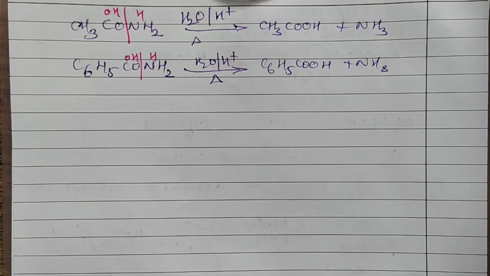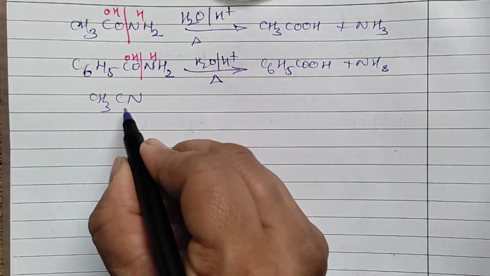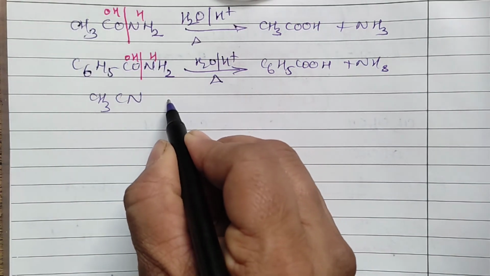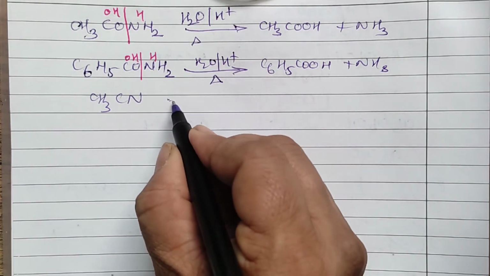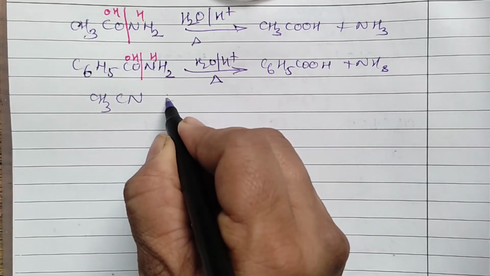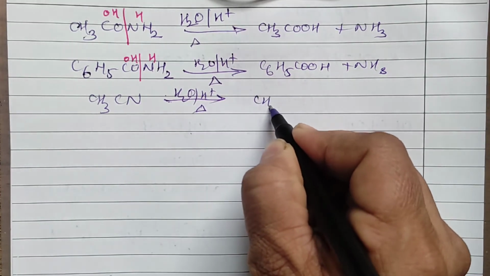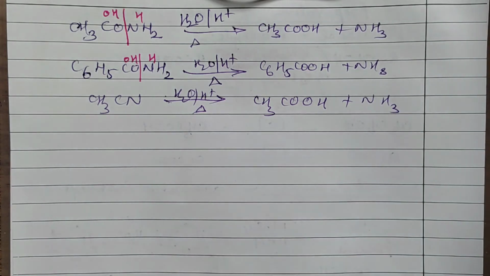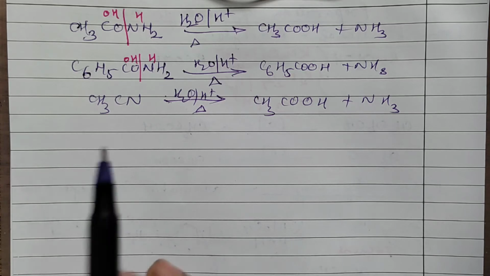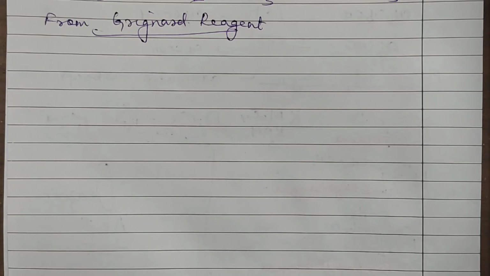Fine. Now, in case instead of RCN, if I have written here something like CH3CN, then with CH3CN, if you are asked to write down the final product, you may not write amide, you may directly write down acid. As I said, 3 water molecules will add on, complete hydrolysis will occur in the acid medium. You will get the answer as acetic acid plus NH3. Is it clear? So it's very simple. In acids, for most of the preparation, it is hydrolysis. Right? The next method is from Grignard reagent.